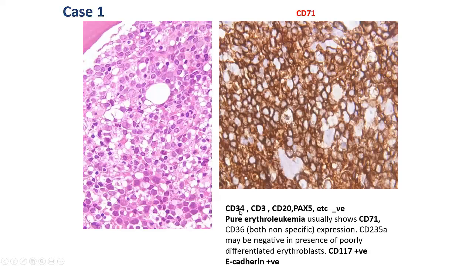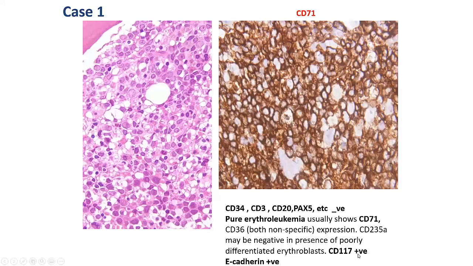Now you can see CD34 for acute leukemia negative, CD3 and CD20 for T and B cells were negative. Now PAX5, CD10 were also carried out, and also CD79A for ALL. Those are all negative. And this is CD71. You can see all the cells demonstrated positivity with CD71. Not only that, we also found that it was negative for myeloperoxidase, but it was positive for